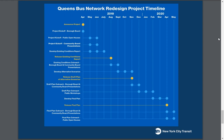And in September, October, and November, you got develop alternative scenarios, and in November only, you also got release draft plan of alternative scenarios. As well in November, you got World Board and Community Board presentations in both November and December. And in December, you got the draft plan outreach going on out to the new year of 2020 in January and February. And in March, April, and May, you got develop final plan, and in April you got the release